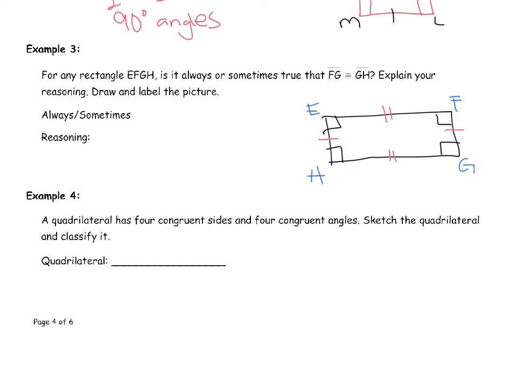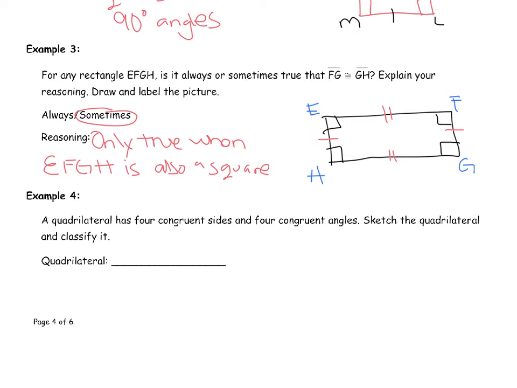Now, here's where you do have to be careful with wording. The answer to this is going to be sometimes. And the reason why is that it's only true when EFGH is also a square. So remember, this is why you do have to be careful with wording, because